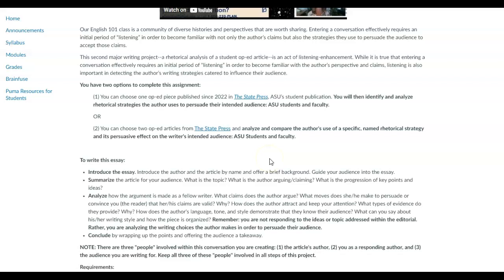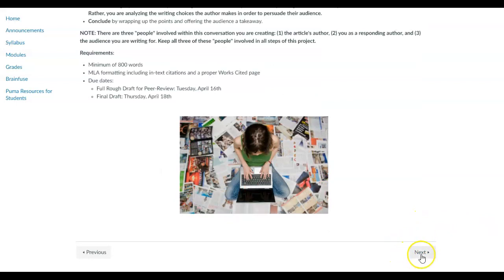We have to assume that our audience has not read this article before, and so we have to get them up to speed. I have here some details on how to do that, the sections that we're going to be working on, the introduction and the conclusion. We're going to need to summarize the article to make sure the audience knows what we're talking about. And then the main thing is that analysis. Summarizing is just a short paragraph to get our reader up to speed. Then we're going to offer some analysis. We're going to take these one bit at a time.